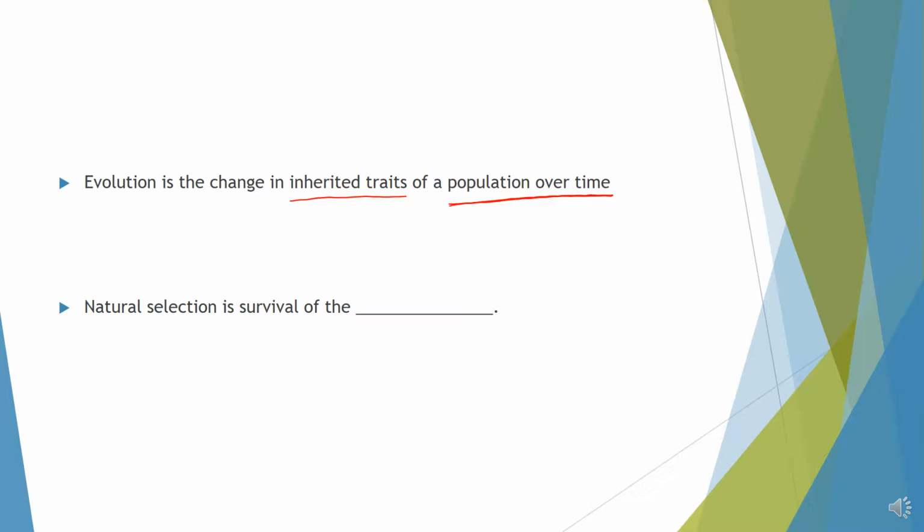And then natural selection is going to be the mechanism of evolution. Natural selection is going to be the driving force of evolution. And natural selection is survival of the fitter. So you may have seen natural selection as survival of the fittest,